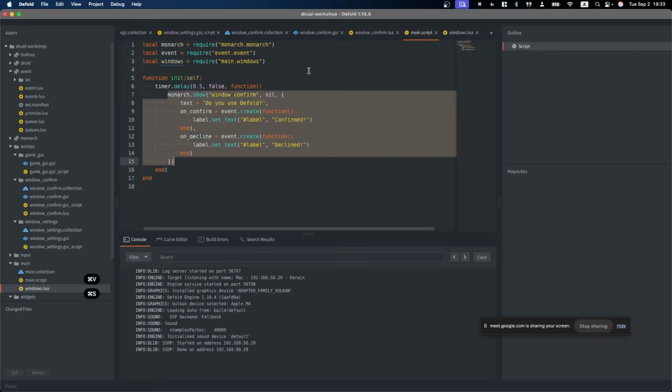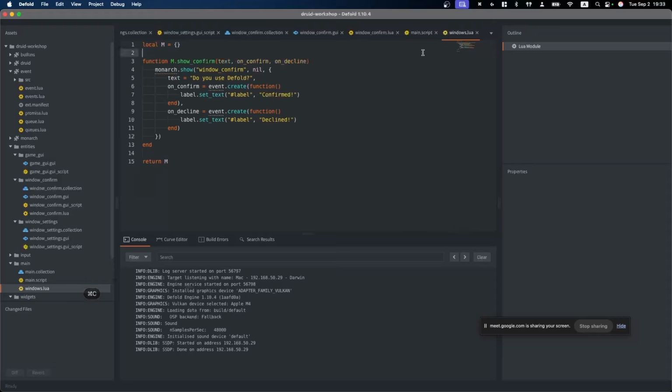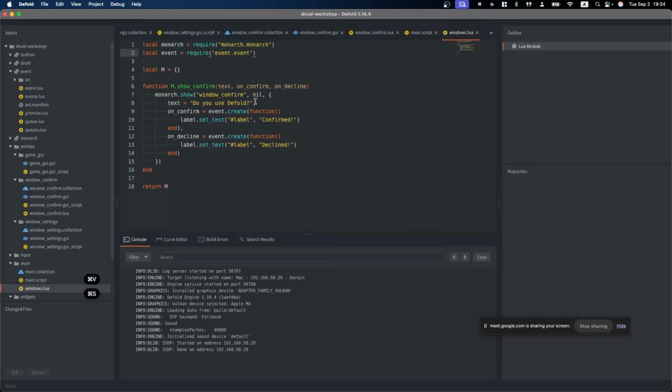And we need to add these dependencies to this file because it uses them. We do need to use text here, and for example, on confirm here, and on decline here. I think it will even work with on confirm in this way. Why not? So it's pretty cool.